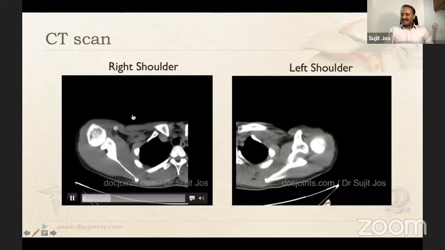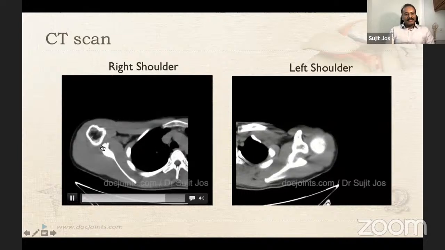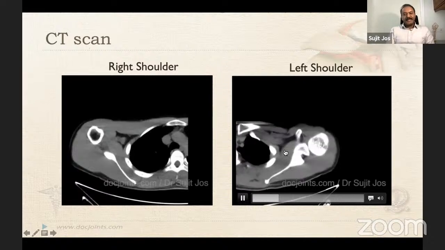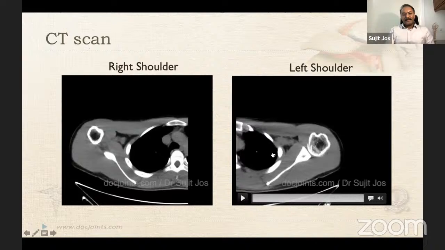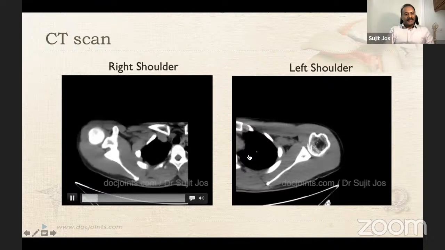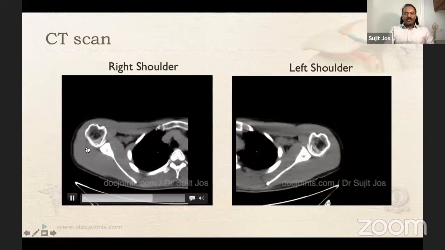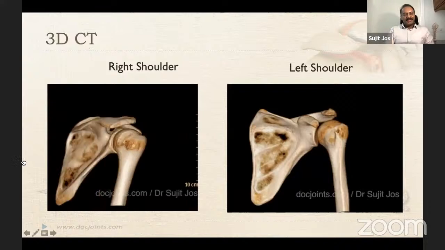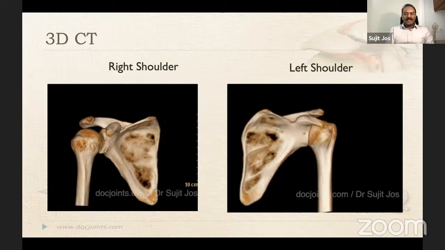I rely mostly on CT scans, especially when I expect a larger bone loss. So that is the right shoulder. You can see the inferior bone loss on the CT scan on axial cuts, and on your right is the left shoulder, where you can see that the inferior glenoid is good. I'll go through the right shoulder again. There you can see the Hill-Sachs lesion. I rely more on the 3D CT. We have a good radiology team, and they do the measurements and the subtractions well. And in this case, we've done both shoulders, separate CTs.